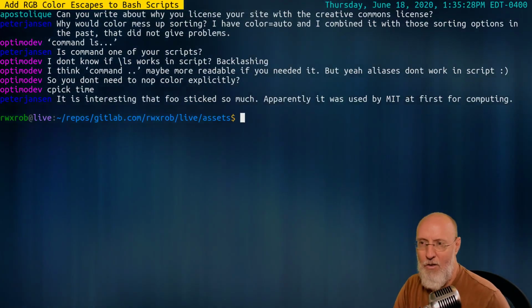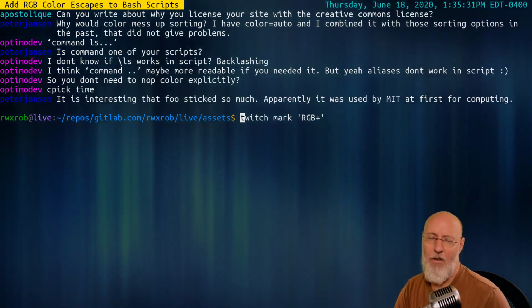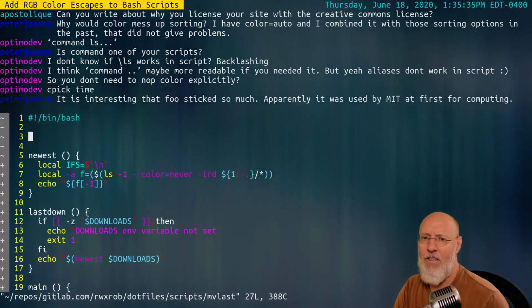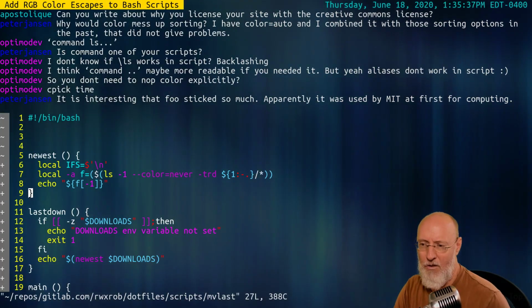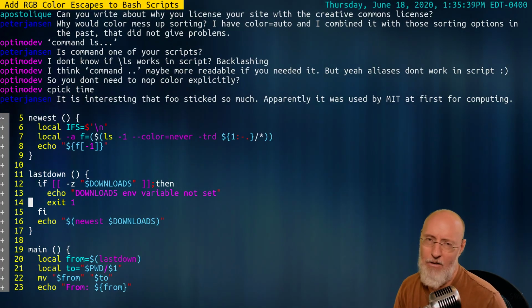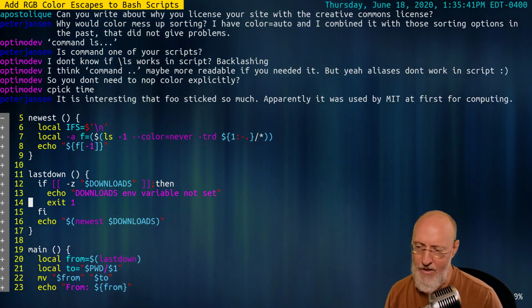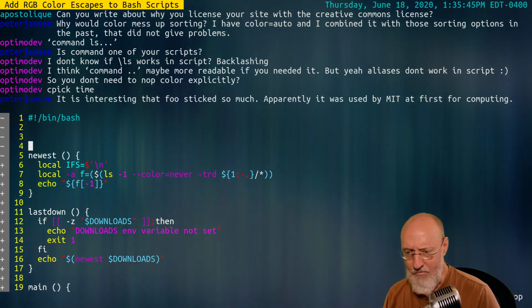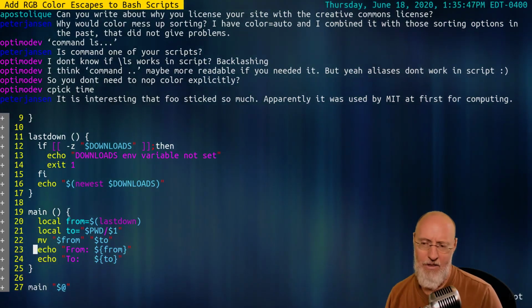Here's another little video about how to add colors. You may have seen the other video I just did about how to do an mv last. It's a fun little tool to pull in the last download and put it in your current directory or whatever you want to name it, whatever path. You can watch the video about that. But what I would like to have it do is actually have it print out